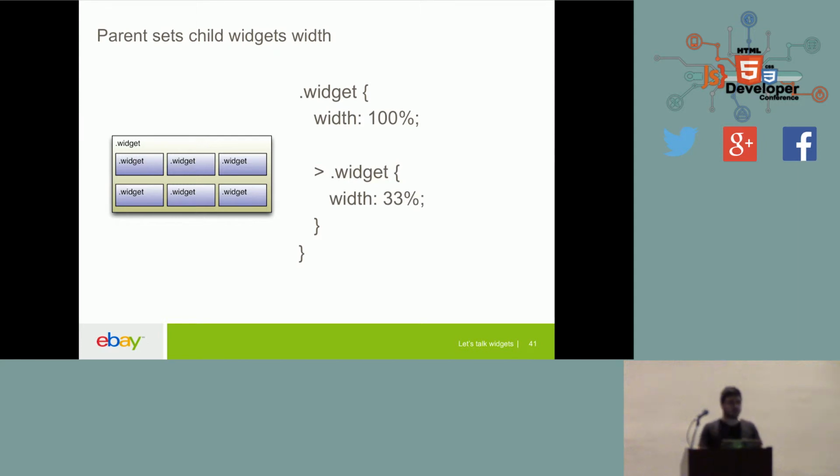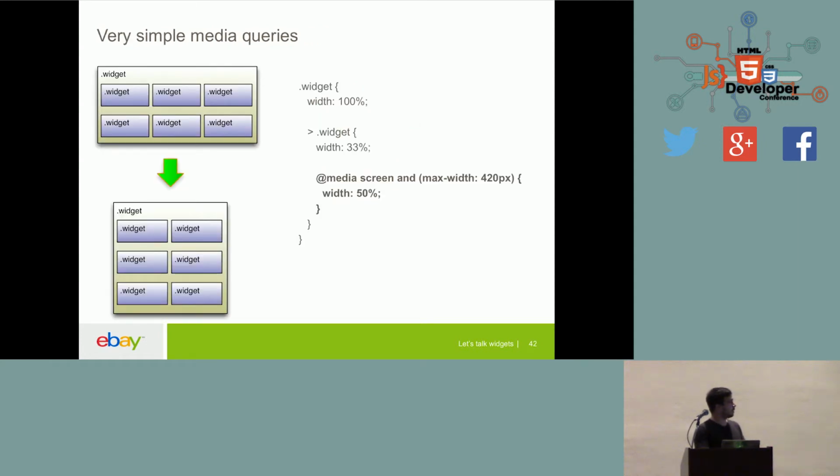If he wants to have three columns, he just goes there and says, from now on you have 33% of width. And for them, they will still think it's 100%, but they will adapt to the place where they are. This allows for the responsification to go through really simple media queries. As you're building an isolated component, in this case an isolated widget, you can go and say how you want their children to behave.